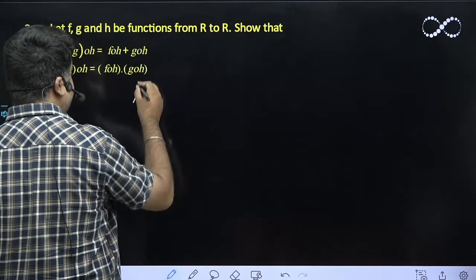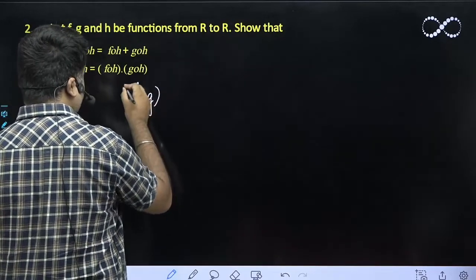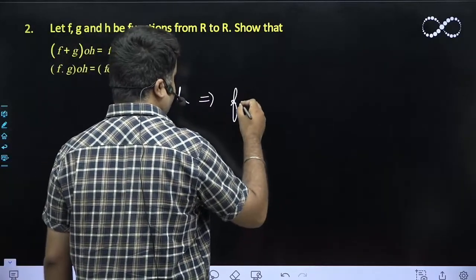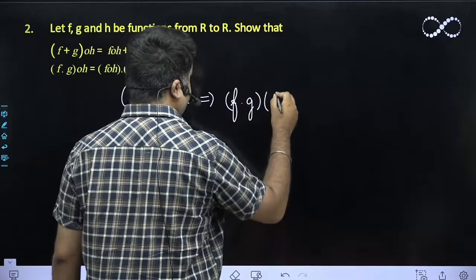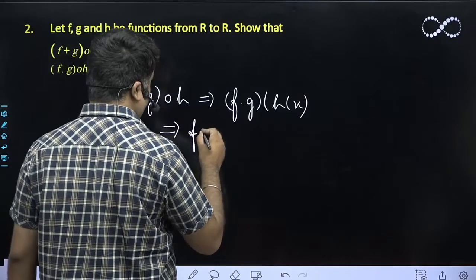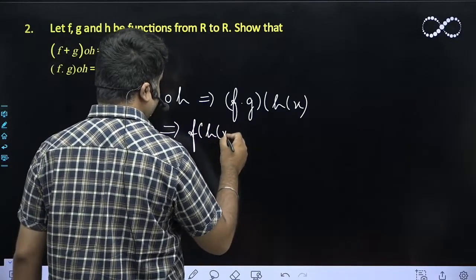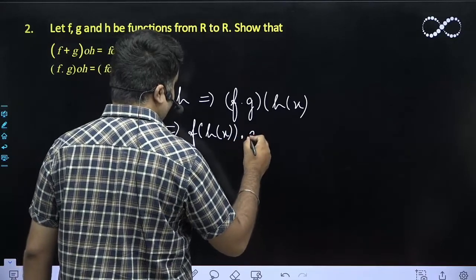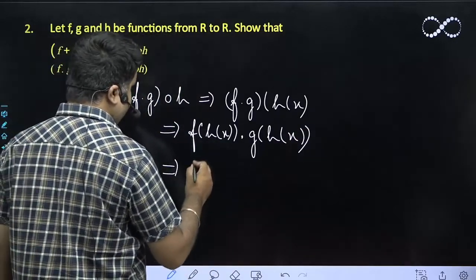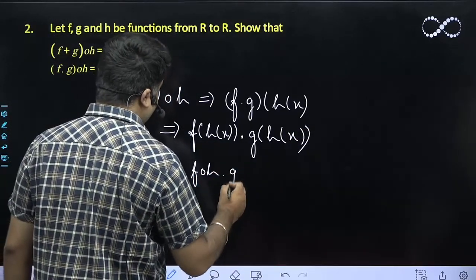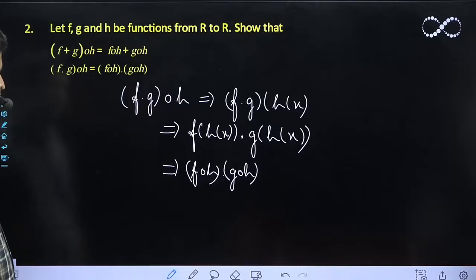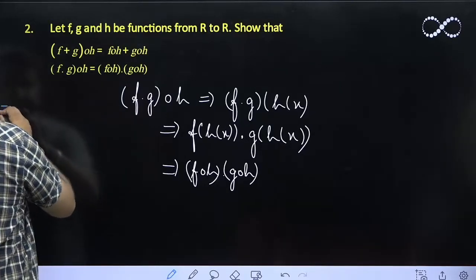Now similarly we have to prove for multiplication. So in the case of multiplication we get (f·g)∘h, which is equal to (f·g)(h(x)). Now this will be similar in the case of multiplication. You get f(h(x)) multiplied by g(h(x)). This is nothing but f∘h. This is nothing but g∘h. Hence proved, right? So this is how we solve such questions. Moving on,